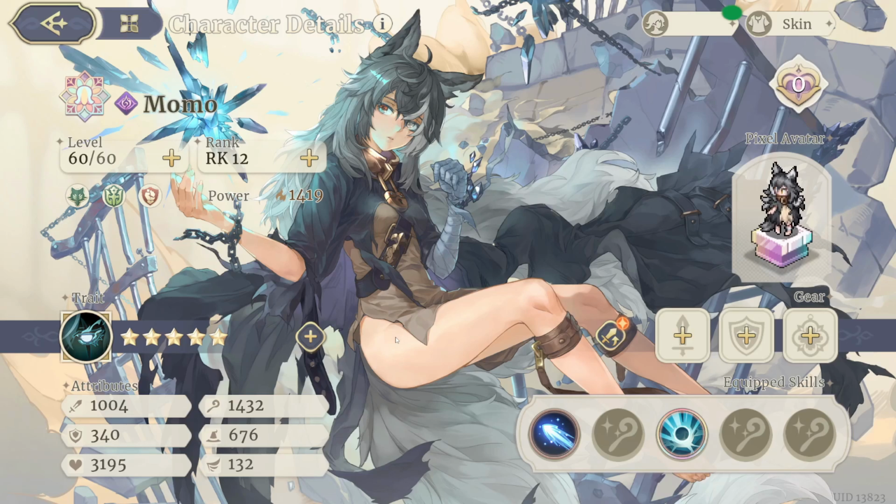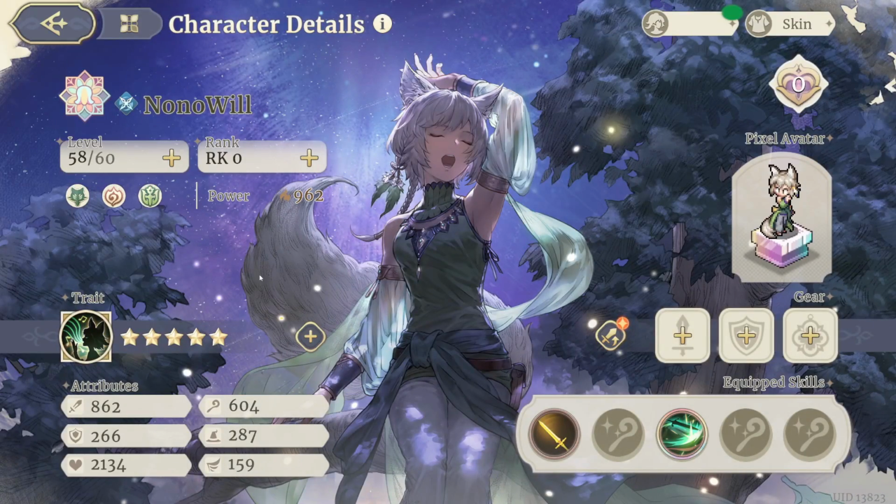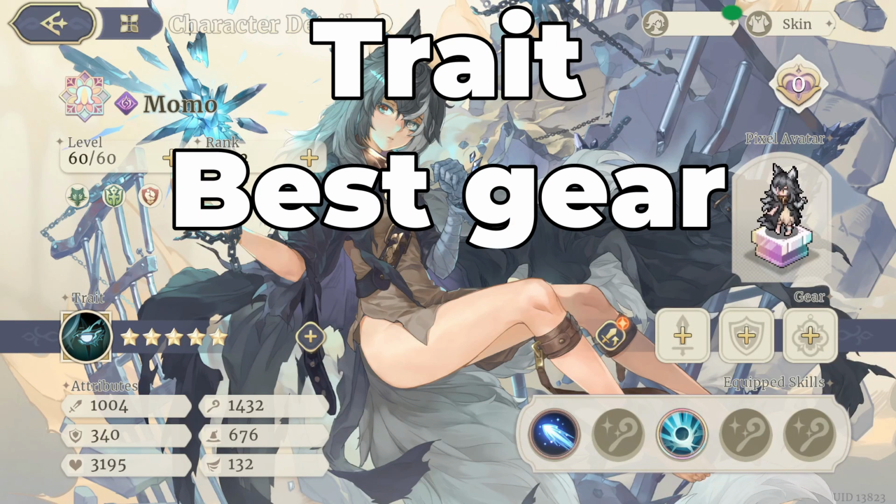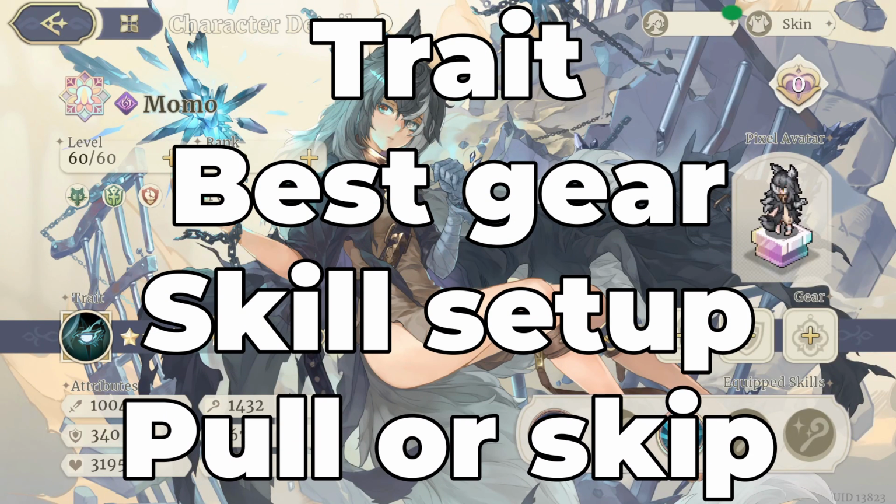So what I'm going to be doing instead is a complete build on both Momo and Nono Wheel, starting first with Momo, and later today I'll post another video going over Nono Wheel's kit and how she works. So let's get started with the trade, gear, skills that I would recommend, and if it's worth pulling or not